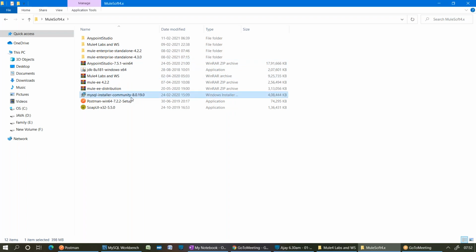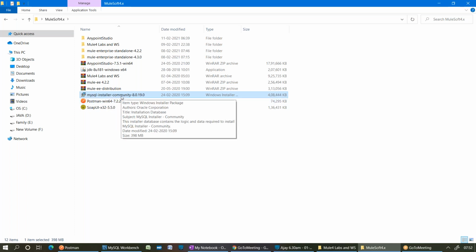And the MySQL installer. We are going to use MySQL in our program as a database vendor. Since it's open source, I'm using the MySQL installer. I have given this installer, you can install that. Right now, it's not required. I will tell you when the database concept comes. Before that session, I will tell you. For tomorrow's session, you can watch the videos and install that.